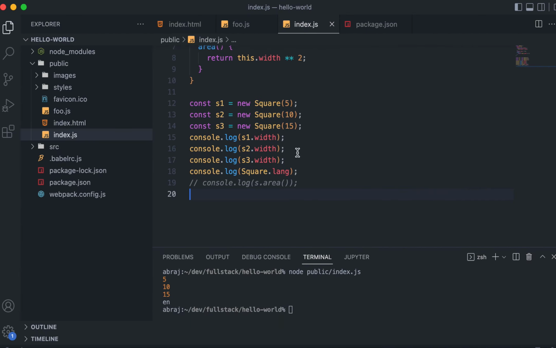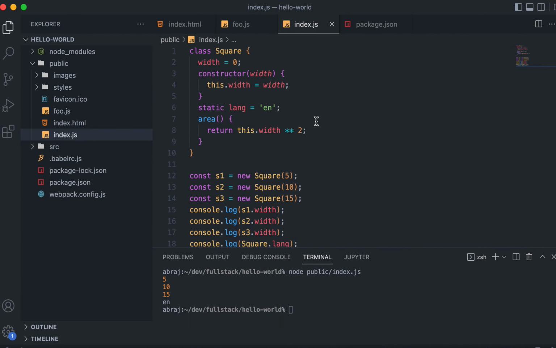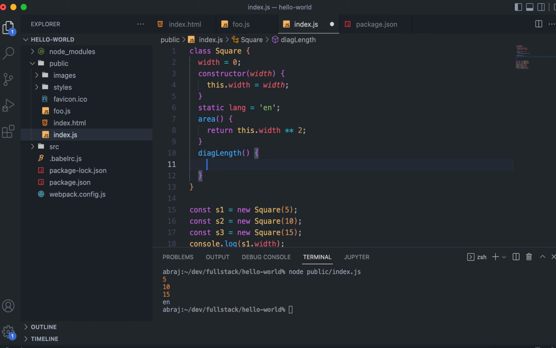So for example, let's say I have a square. Then let's say somebody says, yeah, you are giving me the area, fine, but can you give me the length of the diagonal? So let's say I create a function called diagonal length or something, right? But you know what, this thing is just a utility function, which means that